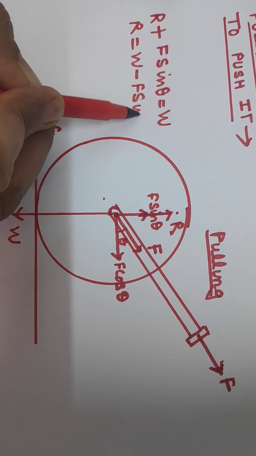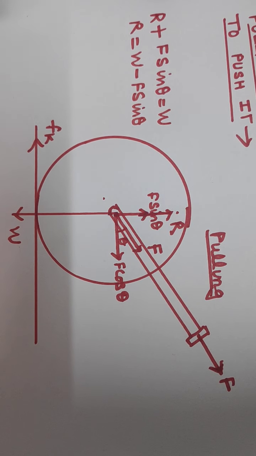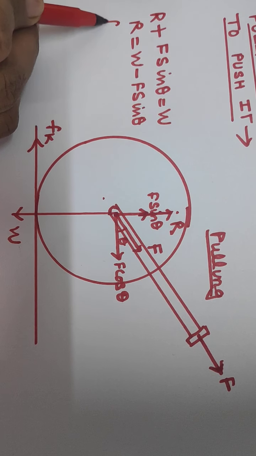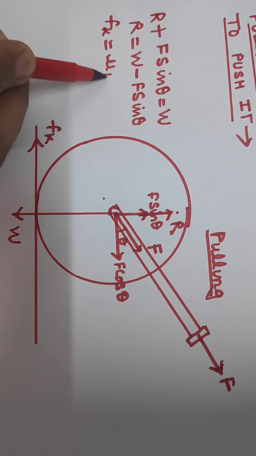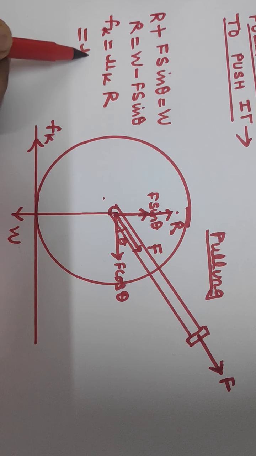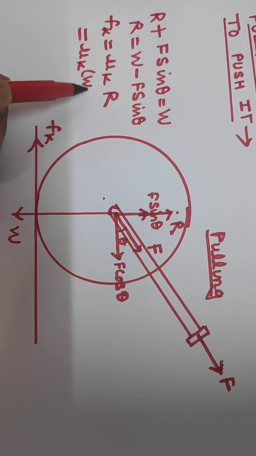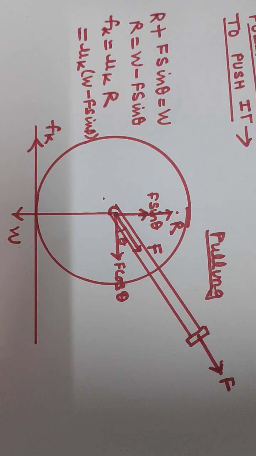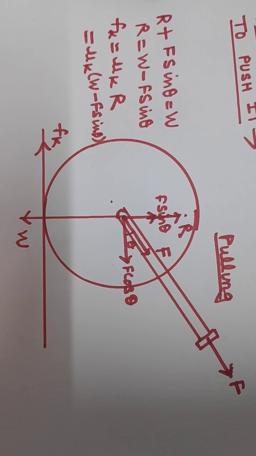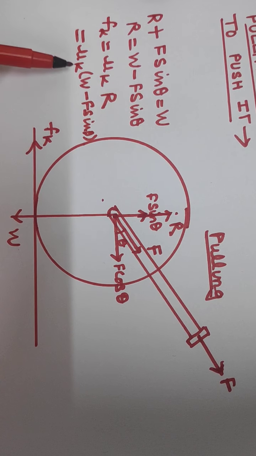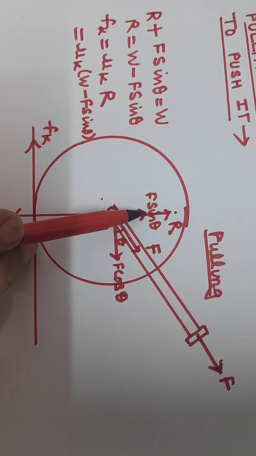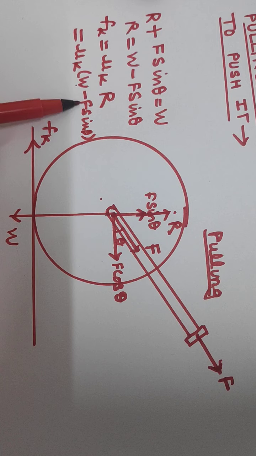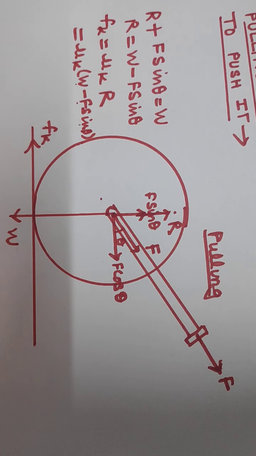minus F sin theta. Okay, and we know a relation between kinetic friction and R, so Fk equal to mu k into R. So Fk equals mu k into W, where W is weight mg, minus F sin theta. Okay, so we see here the force of friction is less than for the plain weight because a component of force is reducing the weight, that is the effective weight we feel here, W minus F sin theta, mg minus F sin theta.